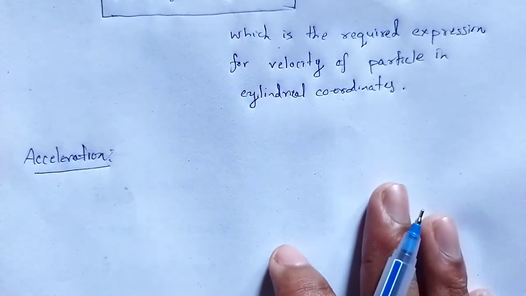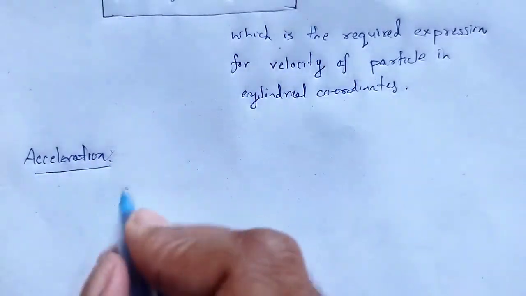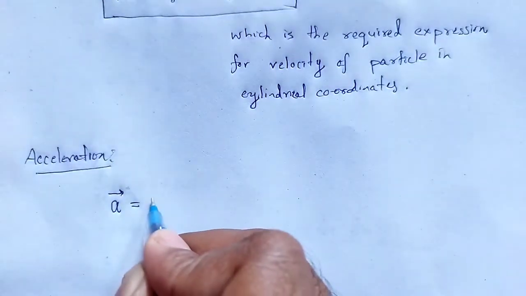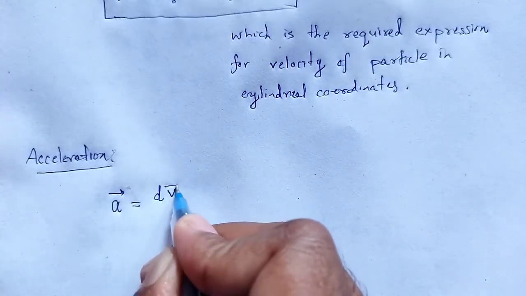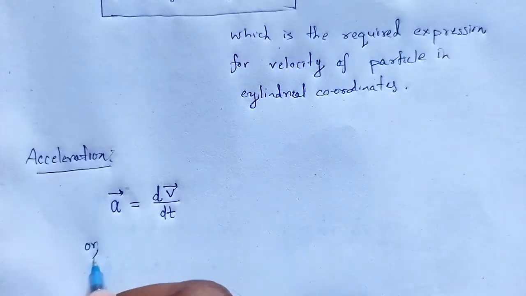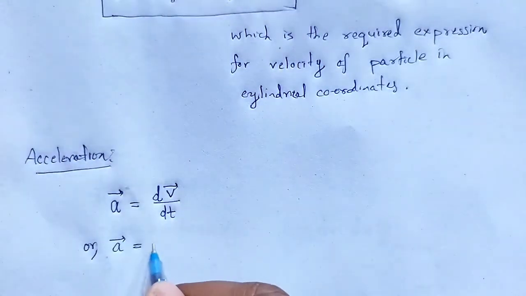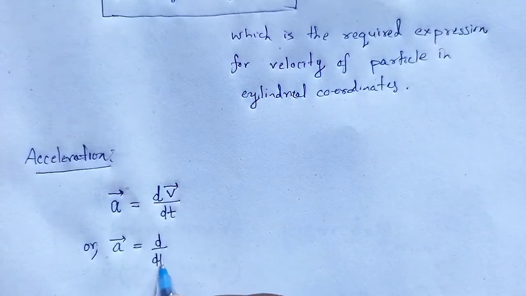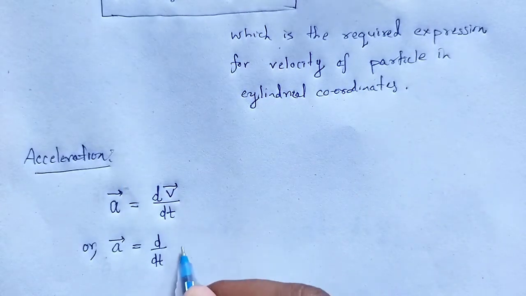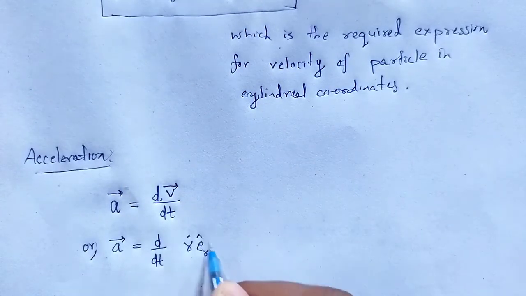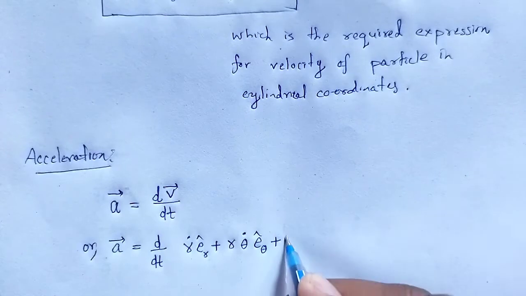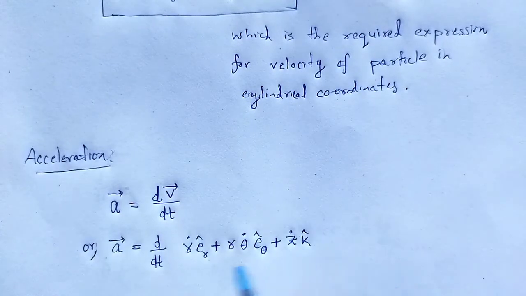Acceleration is nothing but the rate of change of velocity. That's why for the notation, let acceleration vector a be equal to the rate of change of velocity, dv by dt, or a vector is equal to d by dt. In place of v vector, I can write the previously derived equation, that is r dot e r cap plus r theta dot e theta cap plus z dot k cap,